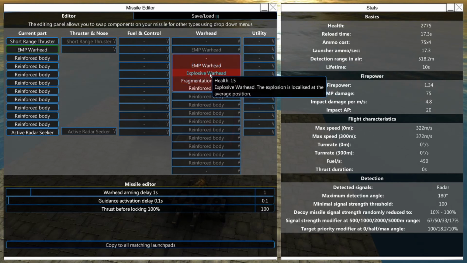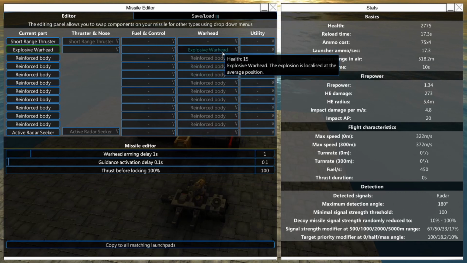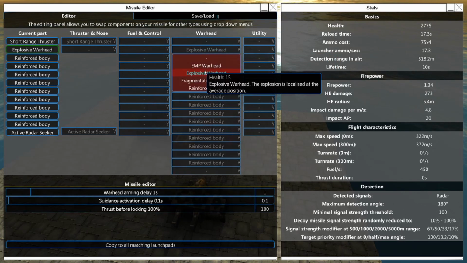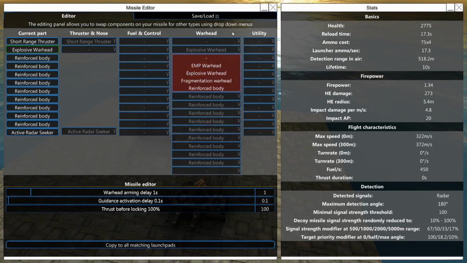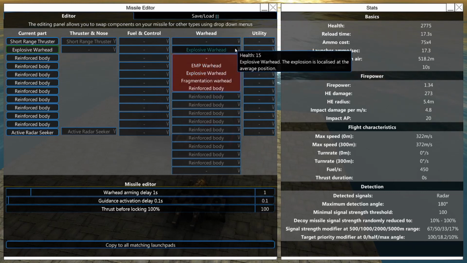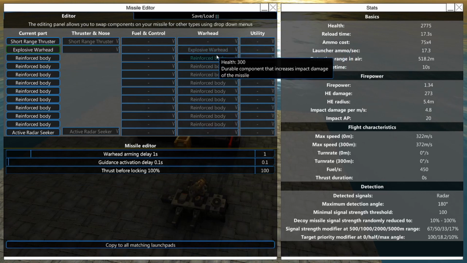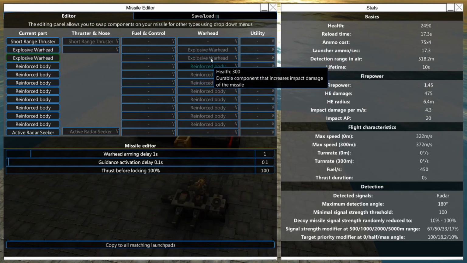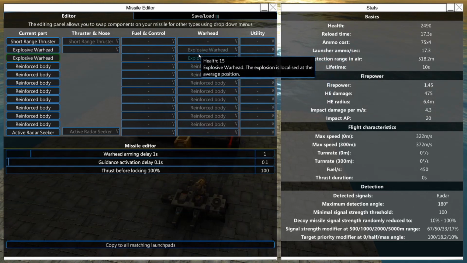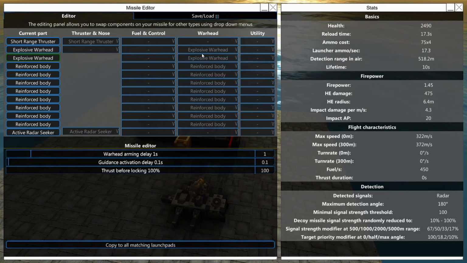Speaking of blowing things up, the explosive warhead is how you blow things up. The explosive warhead will generate an explosion centered around the average point of all explosive warheads on the missile. So if I have 2 explosive warheads here, I'm going to generate an explosion when this missile impacts a target at the back of the missile. Now you'll note